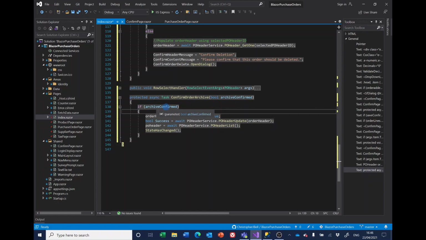If it's confirmed true, then I'm setting the order header object's PO header is archived to true, and then I'm going to update the PO header using the PO header update service, and then I'm going to repopulate PO header, which is the list of orders, then say status changed. So we'll give that a go,